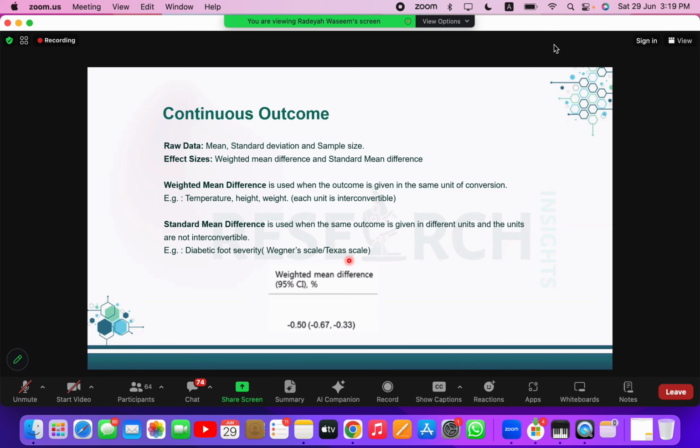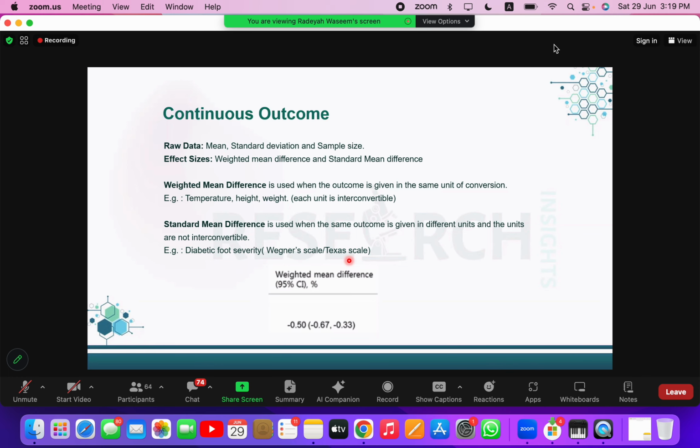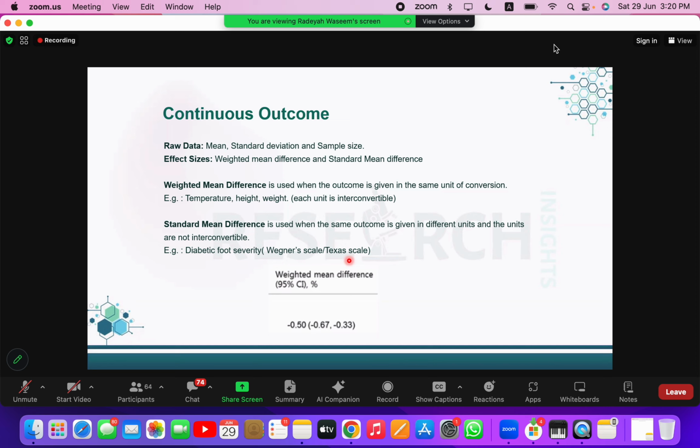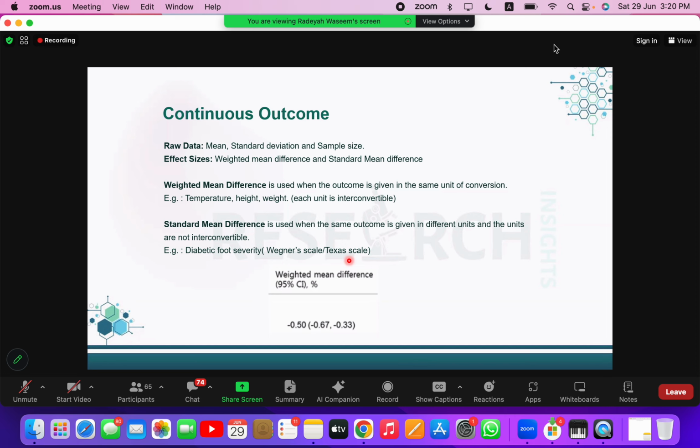You do not need to know the definition or the concept behind standard deviation. I'll just give you very basic knowledge about it. Standard deviation is denoted by a plus-minus value, and it tells us how much the values deviate from the mean. Again, it's a statistical term. You don't need to know it for now. Whatever information you need, I will explain further.